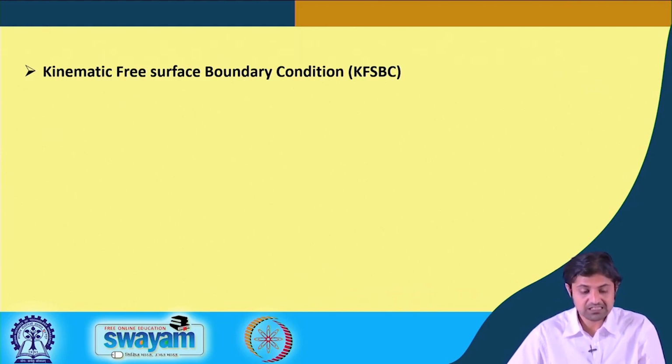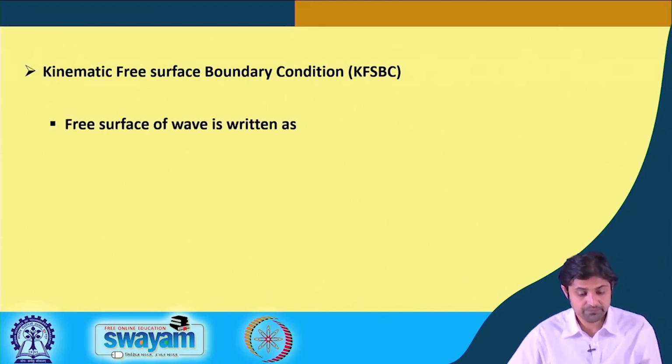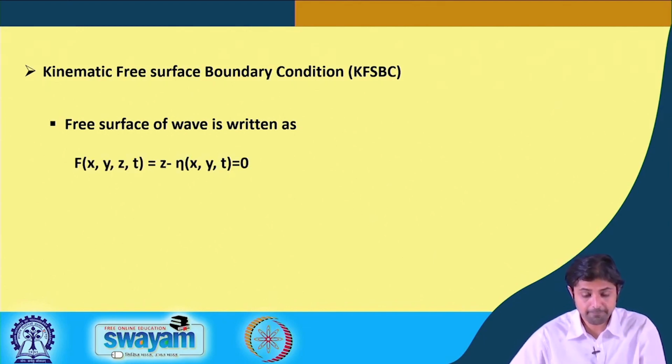So another term is kinematic free surface. First we studied the boundary condition, we studied kinematic boundary condition in detail. The first sub part of that was the bottom boundary condition where the boundary was fixed, where we utilize u dot n is equal to 0. Now there is something called kinematic free surface boundary condition. Free surface means, free surface of water is written as,